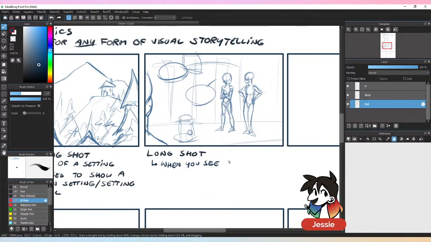Fantastic. You see characters from head to toe. You see full bodies. Right, so a long shot is when you see characters' full bodies. Alright, so from head to toe. Long shots are usually